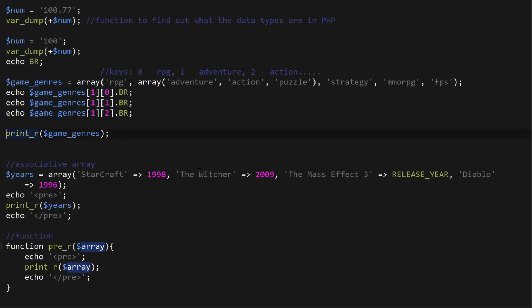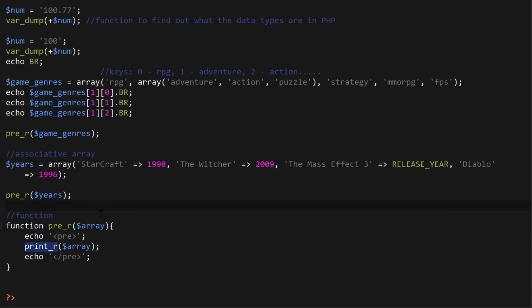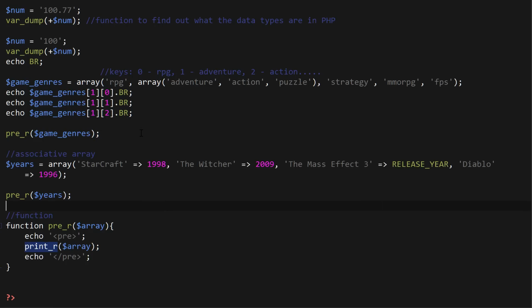We don't need them anymore, and just utilize our pre_r function, which will also clean up our code a little bit more. And go back to the output, and nothing should change, just like expected. Everything remains the same, but now we won't have to print those pre-tags. We'll just use the pre_r function, and now we have successfully defined a